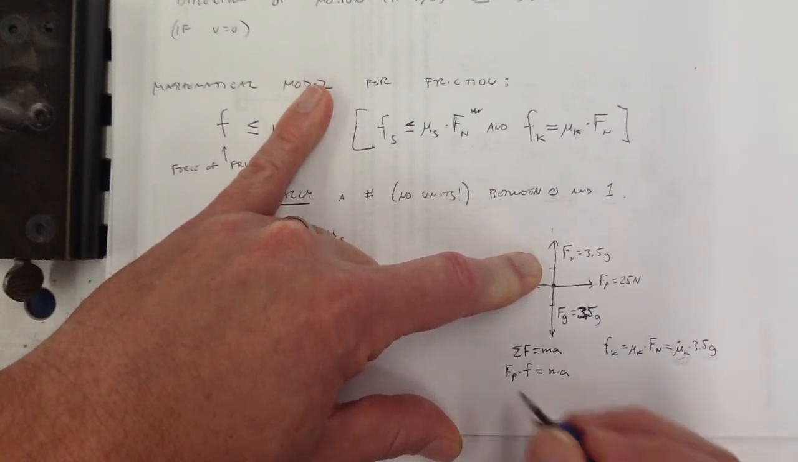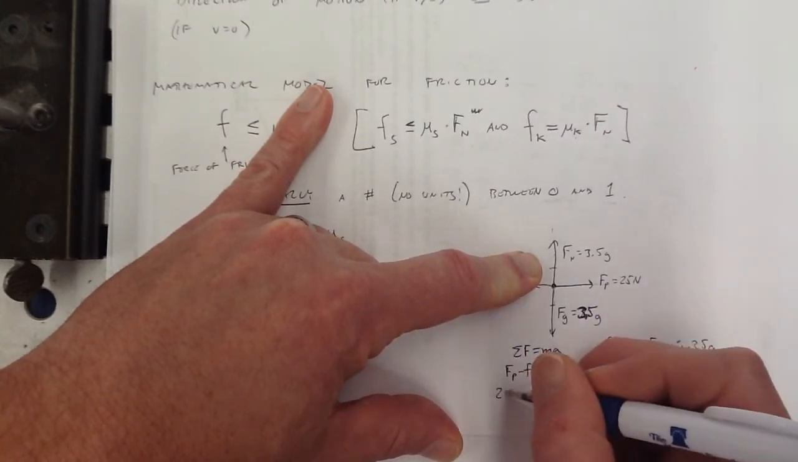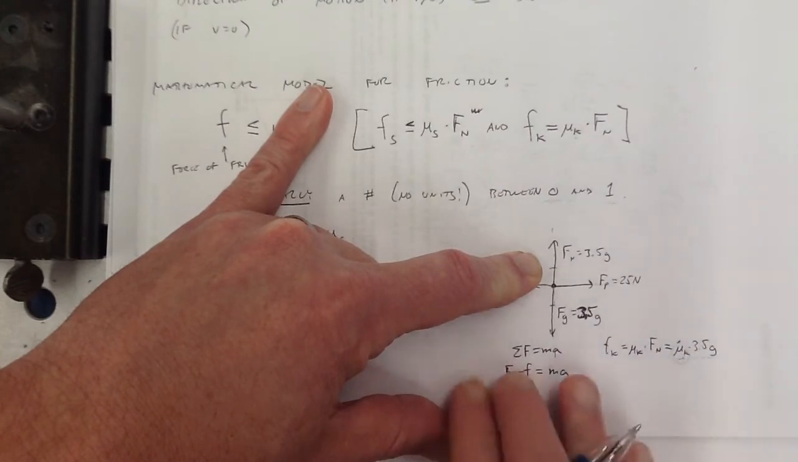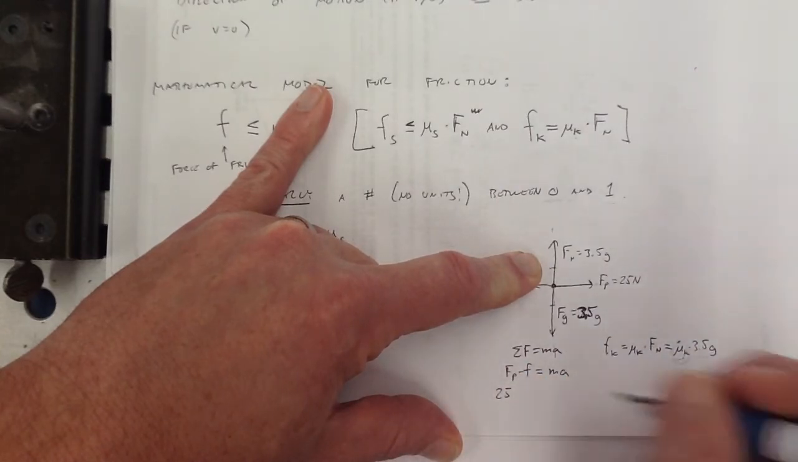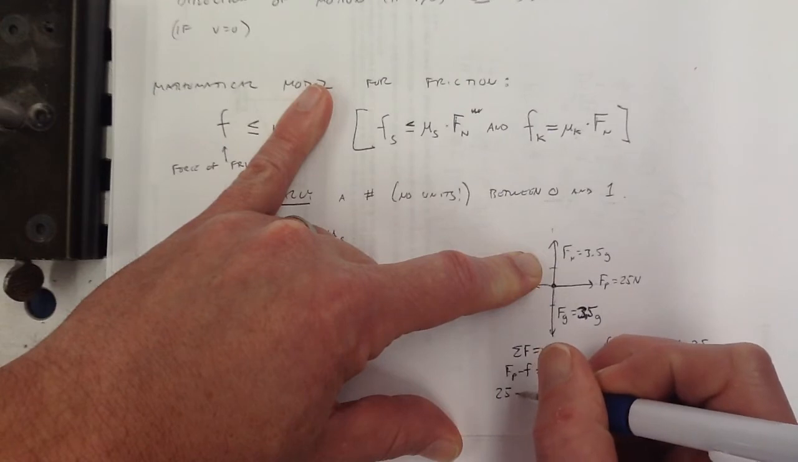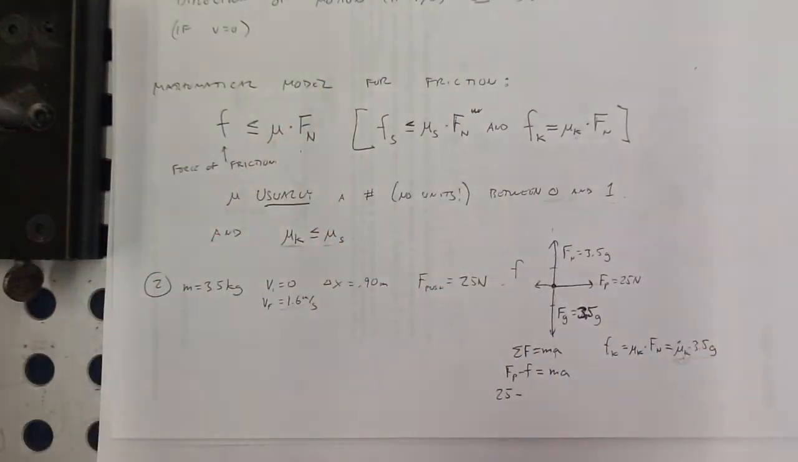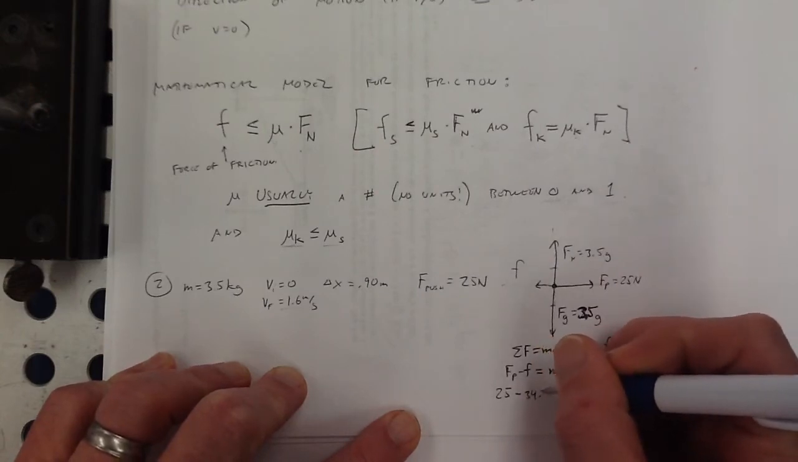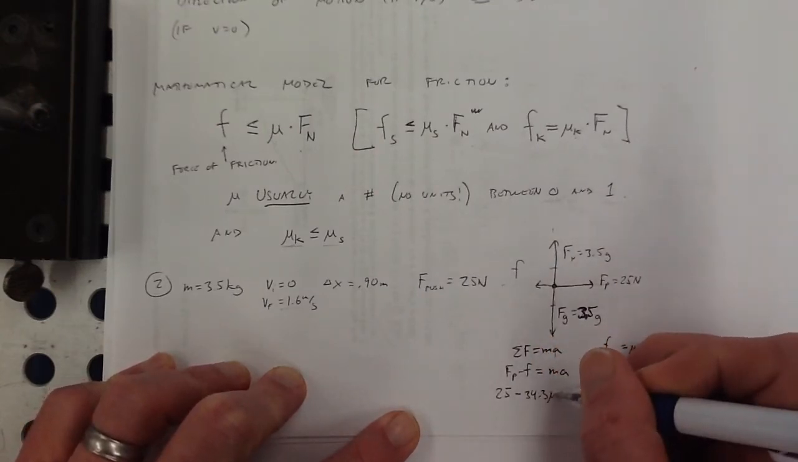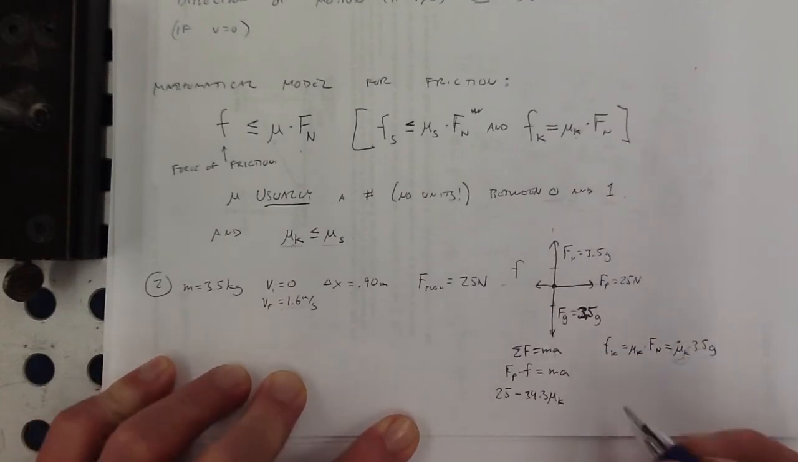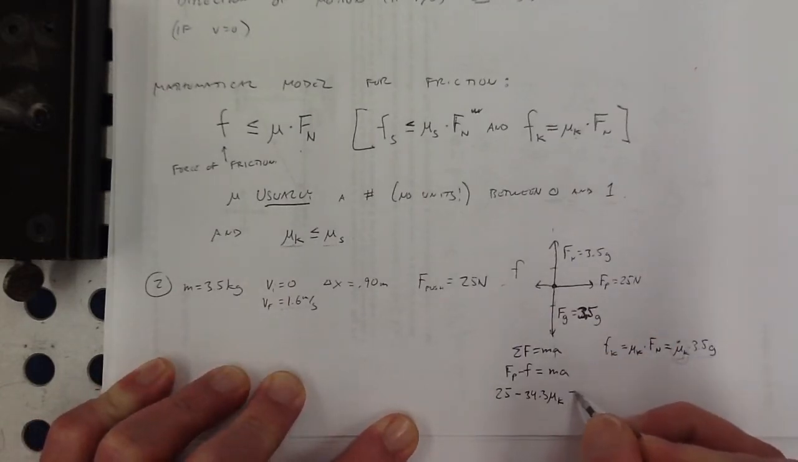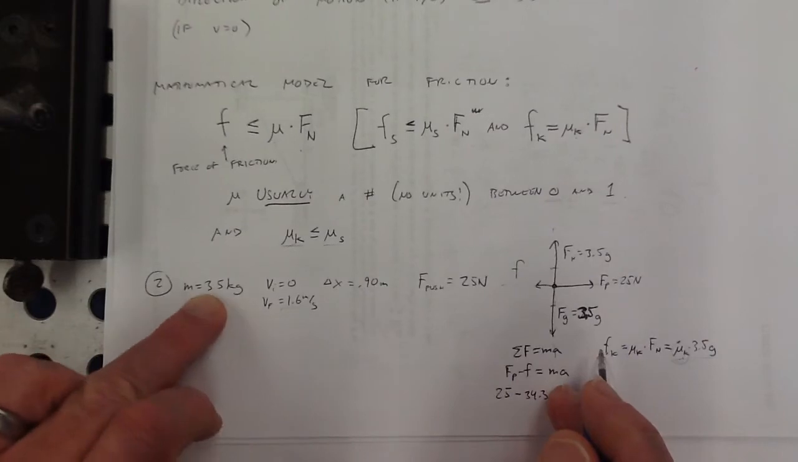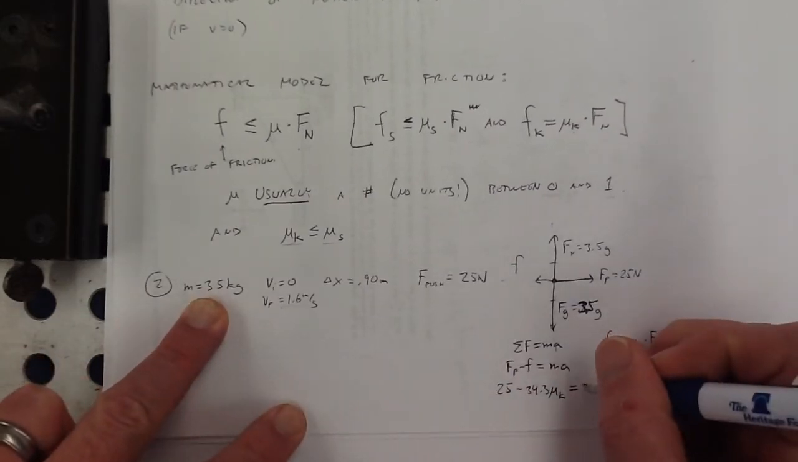Let's put in everything that we know at this point. So the force of the push, 25 newtons. I'm going to leave my units out to keep the equation a little cleaner for solving purposes. Minus, and then I've got 3.5 G. Let me go ahead and get a number on that. 3.5 times 9.8 is 34.3 times that kinetic coefficient that we're interested in finding, is equal to the mass of the book